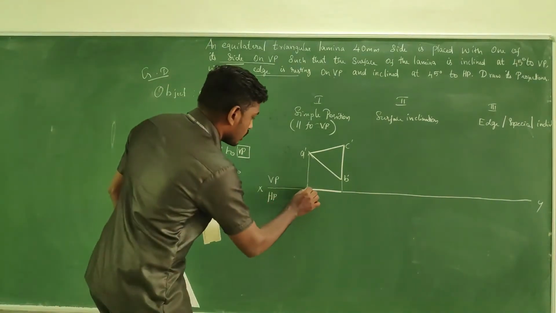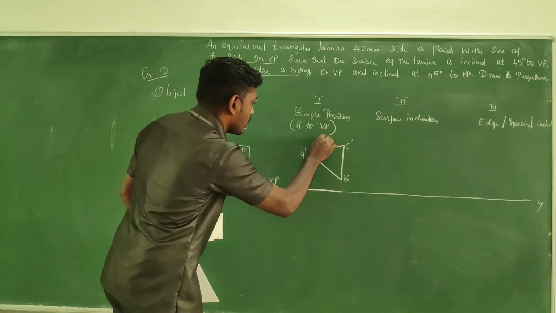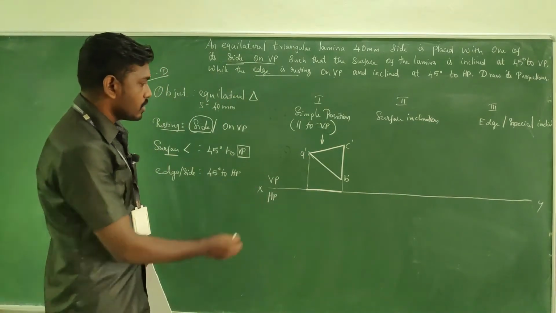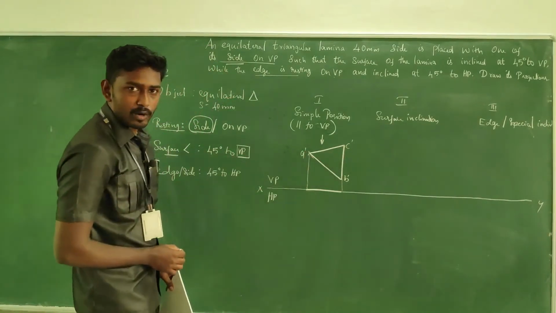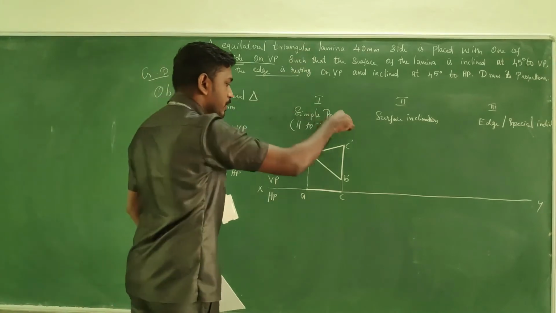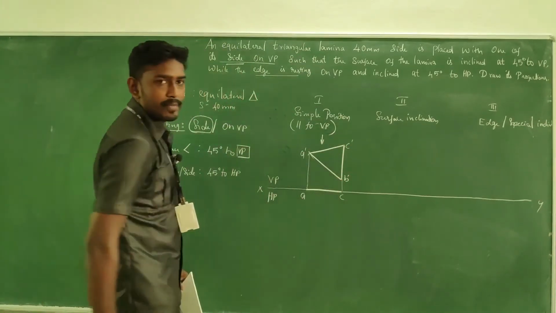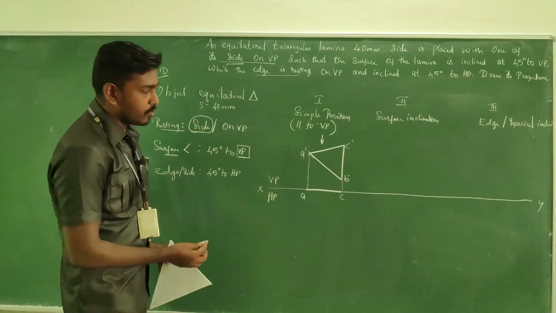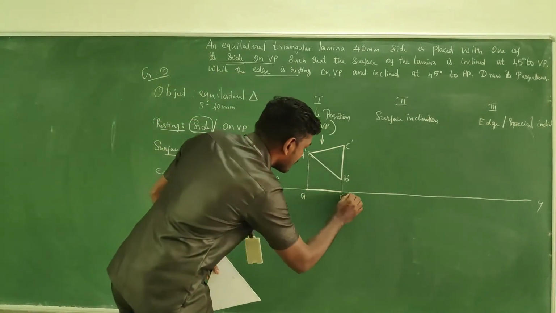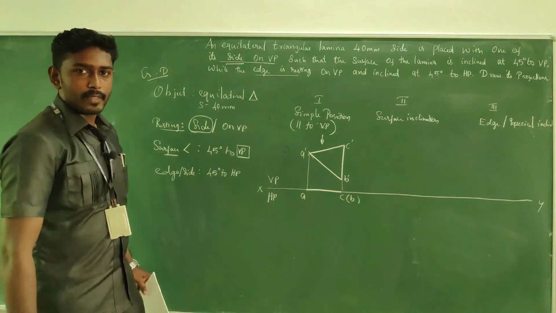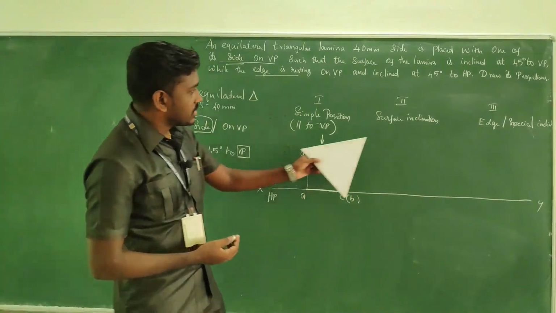Okay, fine. So this is how the observer view will be. A and C will be visible. From this position, from the top view, B will be invisible. It will lie behind C. What do you have to do? Near C, we have to make a bracket and write B.